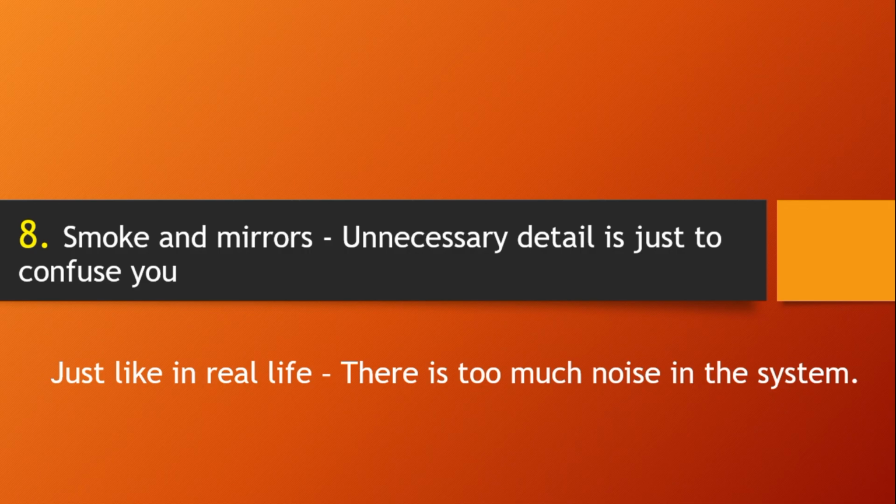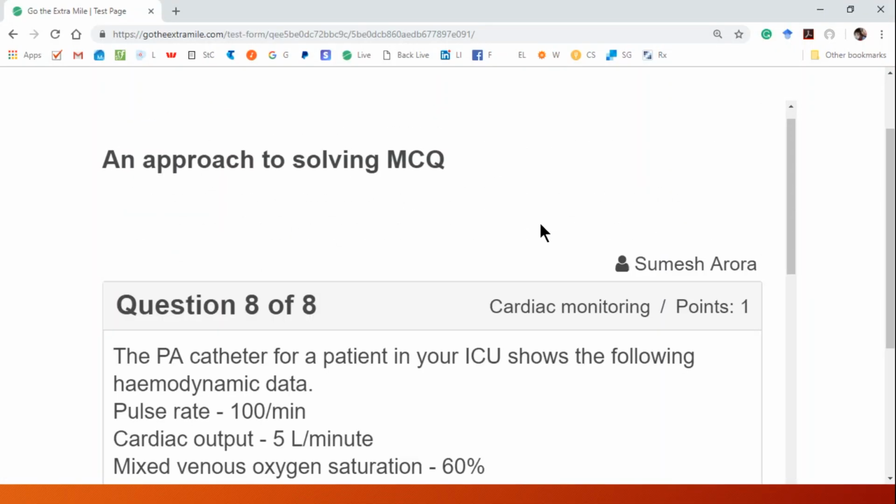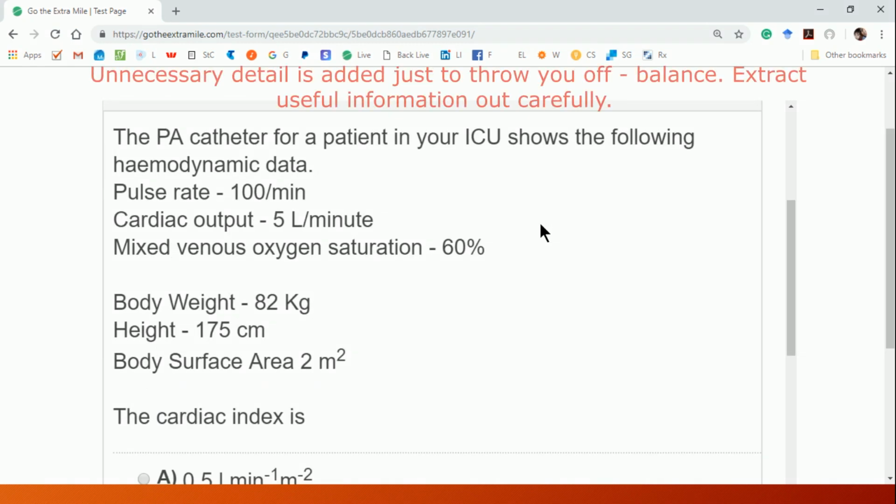Okay, let's see an example here. Let's go to the next question. Okay, a PA catheter for a patient in your ICU shows the following hemodynamic data. Okay, there is a lot of numbers and I am expected to tell what the cardiac index is. Now I know cardiac index is cardiac output per unit body surface area. So I need cardiac output and body surface area. I do not need